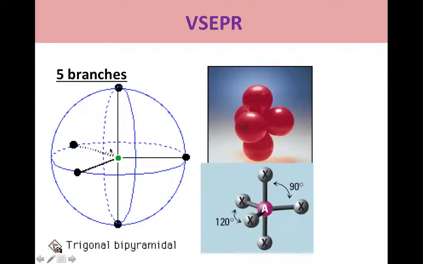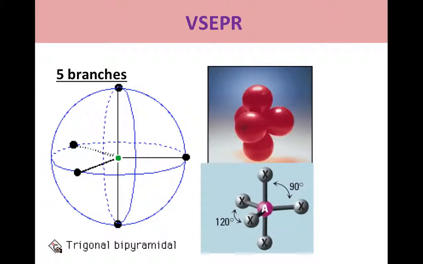Trigonal because you have this triangle right here. Okay, so if you look at the balloons, there's your triangle. Okay, and pyramidal because there is this pyramid structure that forms right on top of this, and a second one,